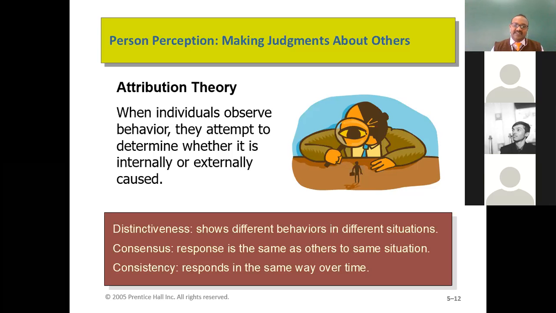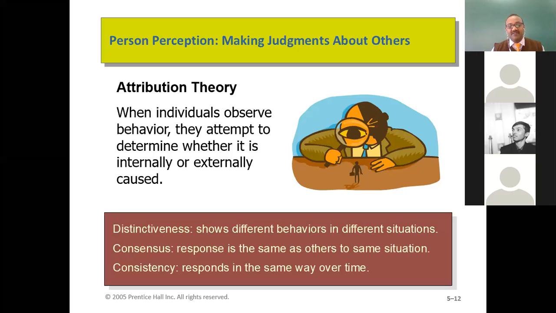When it is internally caused, people often say he deserves it. When it's externally caused, you want to help the victim, and you want to make sure that whoever hit him is held to task and brought to justice, and so on. So if you look at the same thing using distinctiveness, consensus, and consistency,